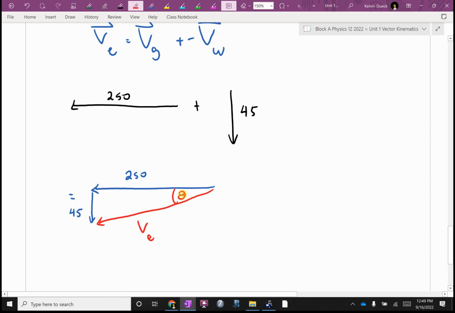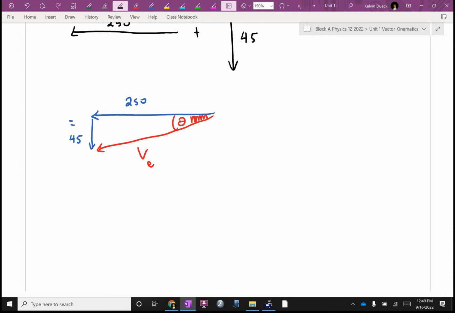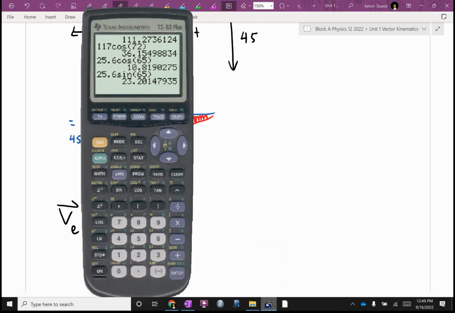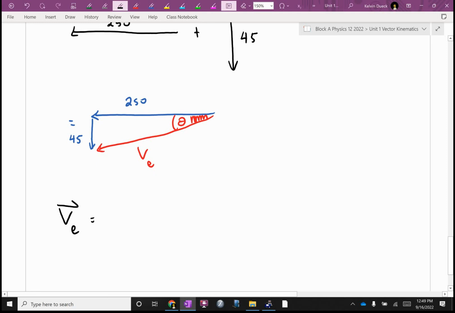Magnitude and direction. So the engine velocity, it's a hypotenuse, so it's going to be 250 squared plus 45 squared. Don't forget to square root. And I get a magnitude of almost bang on 254,